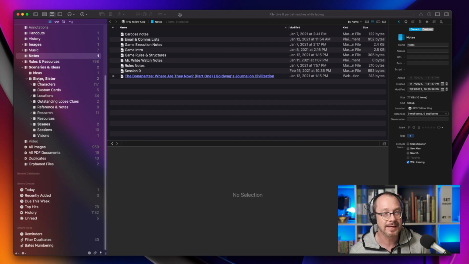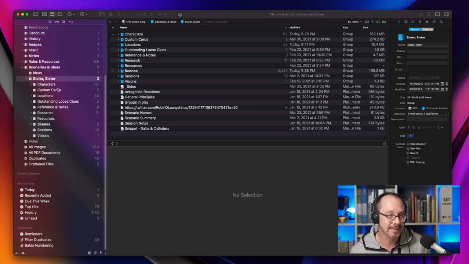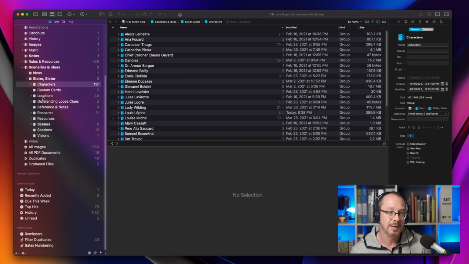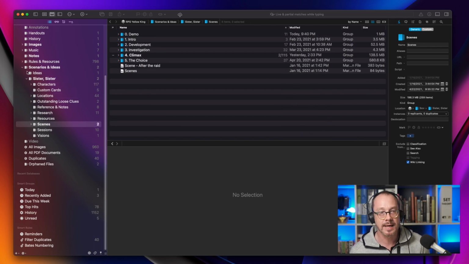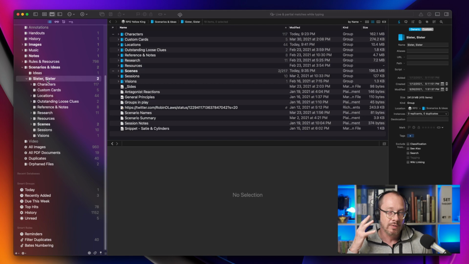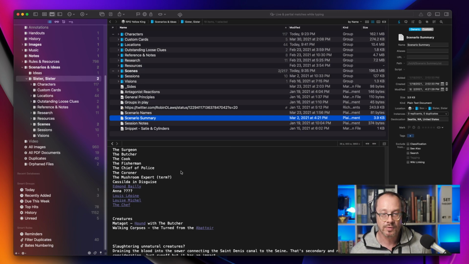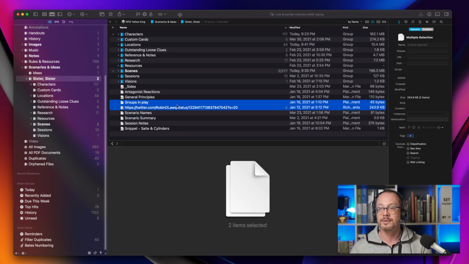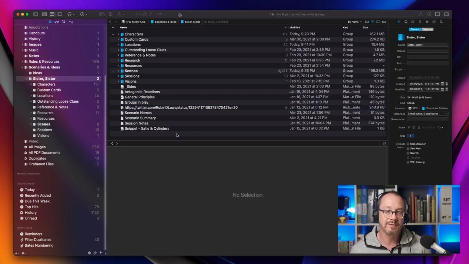So inside of the scenario, which is here, the working title is Sister Sister, you can see I've got a lot of different sections. There's really three main sections: characters, locations, and scenes. And so, when I first started typing this out, I created this kind of scenario summary, and it's got things in there like what's the hook and what's the alien truth and what are the core clues and the secondary clues. And from all that, I then developed the different scenes that I would need and the different characters and